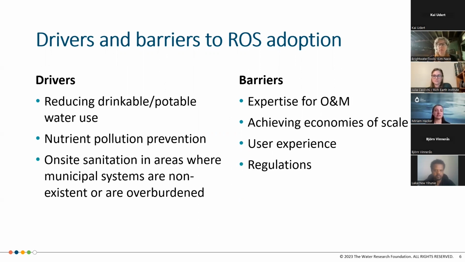And then regulations. Something that we're noticing in the US is that regulations have been created primarily for centralized networks. And this is something that we're finding for both water reuse as well as resource-oriented sanitation. In some places, people are having to follow regulations that were designed for an entire wastewater treatment facility when they're trying to recycle water on site. And it makes it extremely cumbersome. One example is for some buildings in California, they're having to do daily testing, which is extremely expensive at a certified laboratory to determine that their treatment system is able to maintain the certain quality that it says it can.